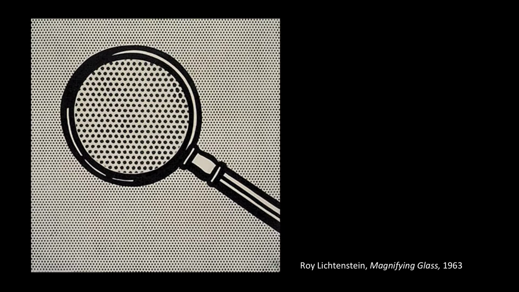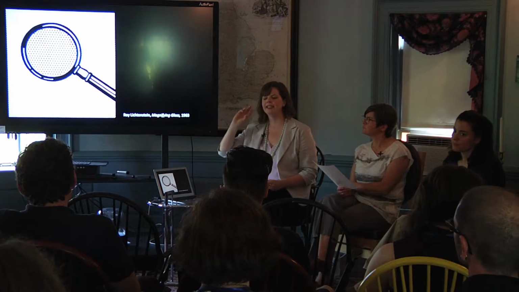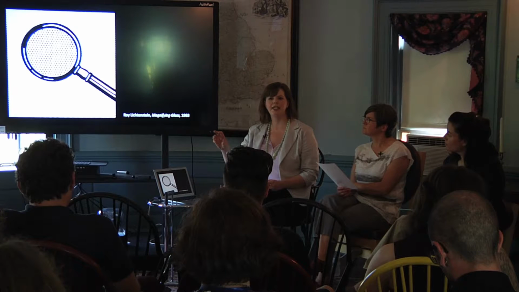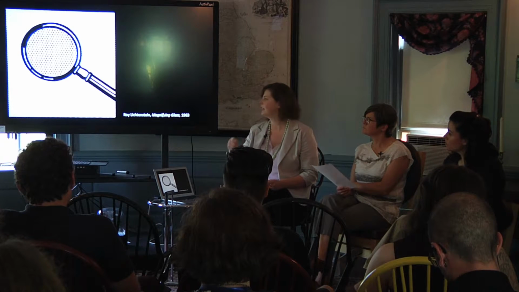You guys are familiar with Ben-Day dots, this sort of printing technology that Lichtenstein is recreating on his own with a paint and a soft brush. He's actually doing the labor that a machine-driven press and a percussive plate pressing onto a piece of paper would do, but he's doing that work of that hard percussive printing plate with a soft paintbrush and with paint. And I think there's a way in which he's in some ways resisting the mechanization of labor by taking that labor back into his own body and doing that kind of labor.